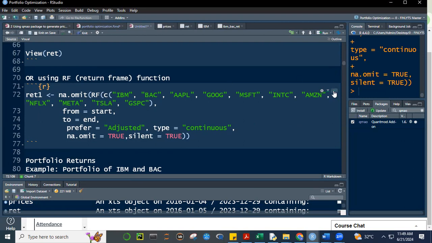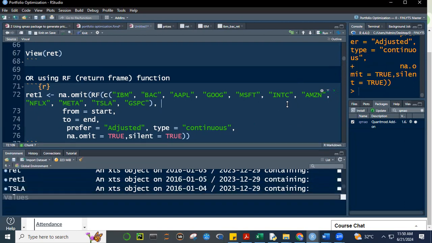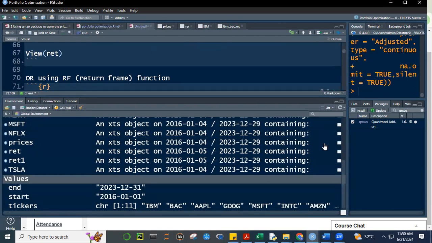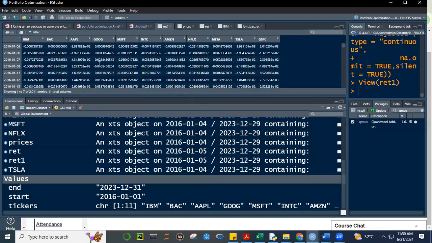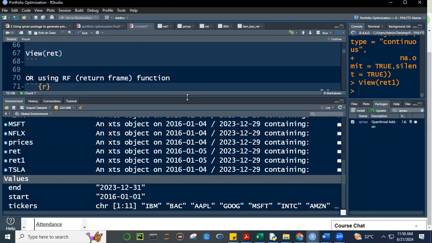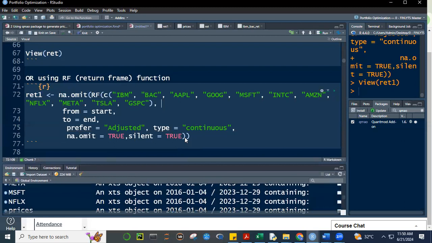Okay, so this is ret1. If I run this, then we will have an object here under ret1. No more CV there, right? By the way, class, if you want these returns to be in percentage form, then in the RF function here, before the NA.omit, you multiply it by 100. So this means that this is in percentage terms. If I run this,